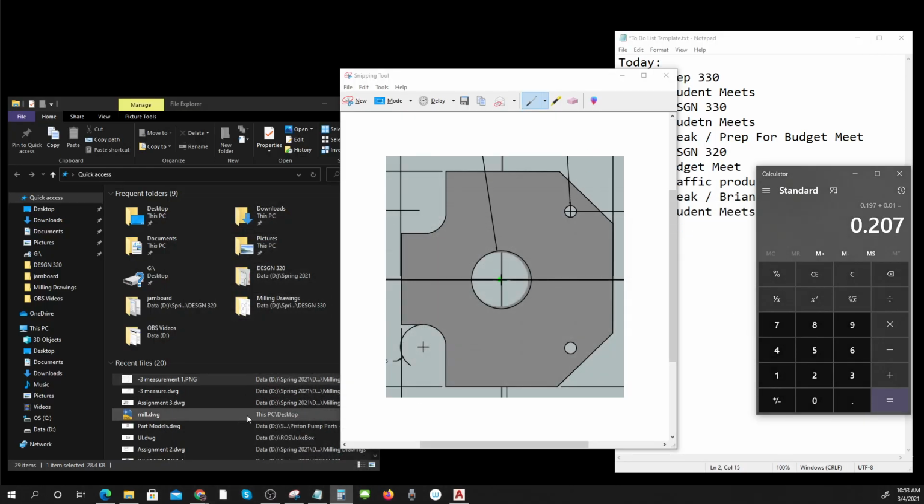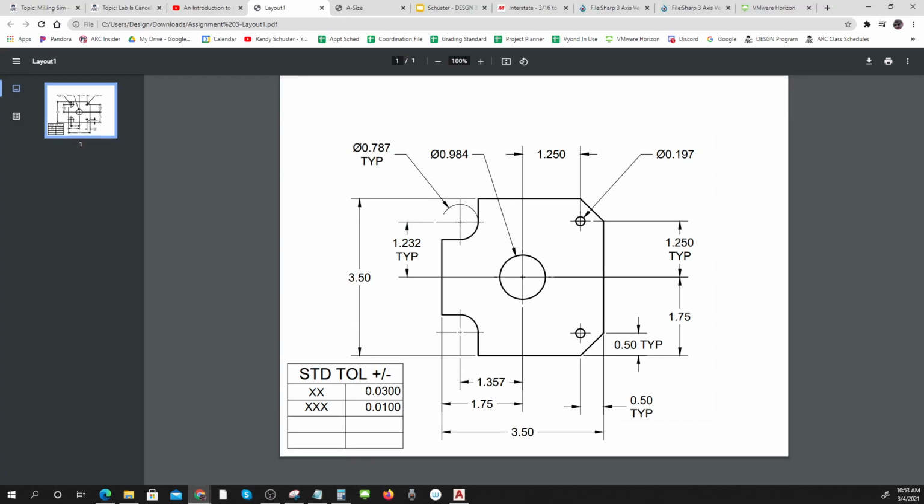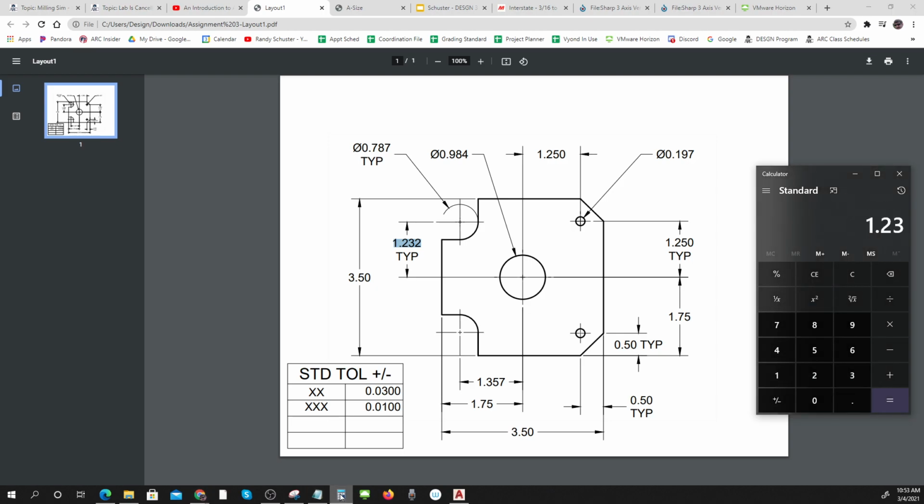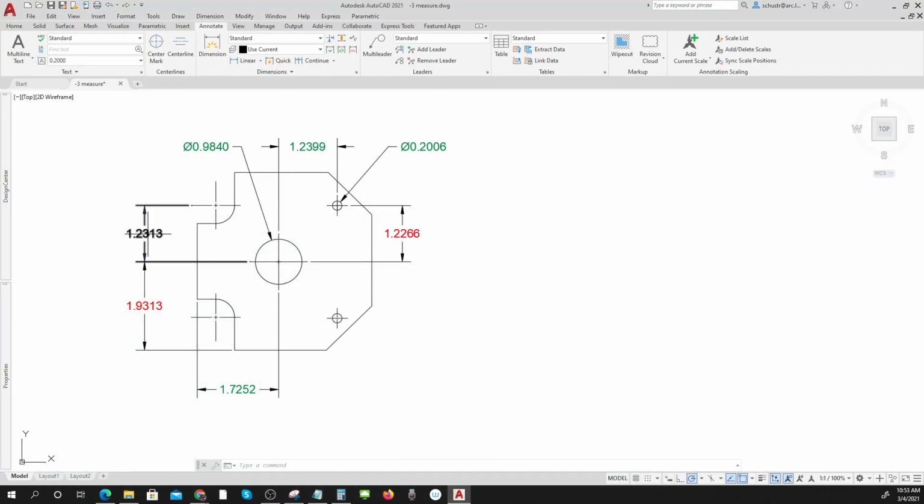Whoop, did the wrong thing there. 1.232 plus 0.010. 1.242 is my limit. Oh, nailed it. Wow, you nailed that one. That one is really, really like,